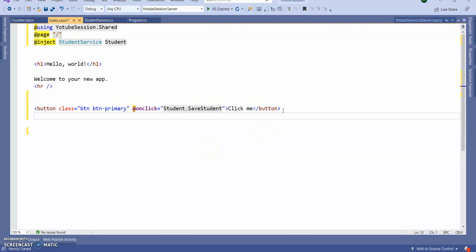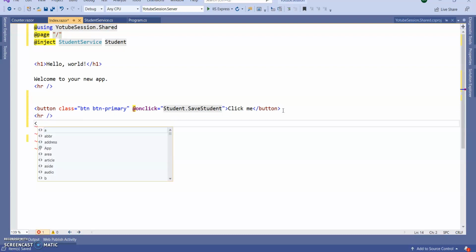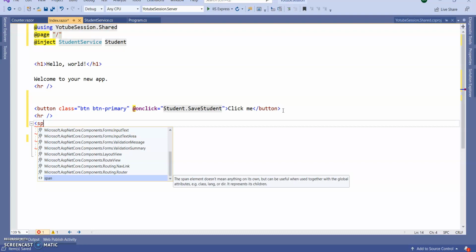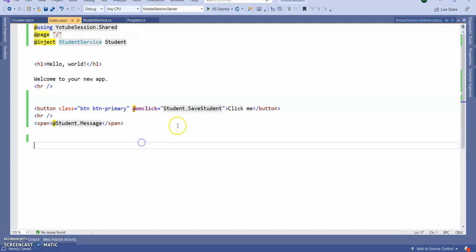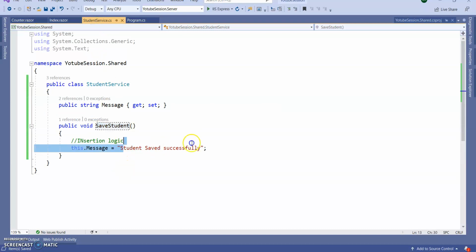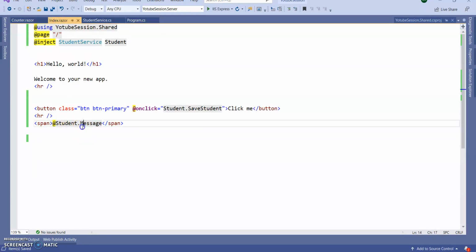After saving I want to display one more line break or separator. Here I want to display a span with student.Message. Directly give student.Message. So we are not declaring or initializing the StudentService class, we are injecting the StudentService class and calling it in our onclick method, and the message "Student saved successfully" will come here.